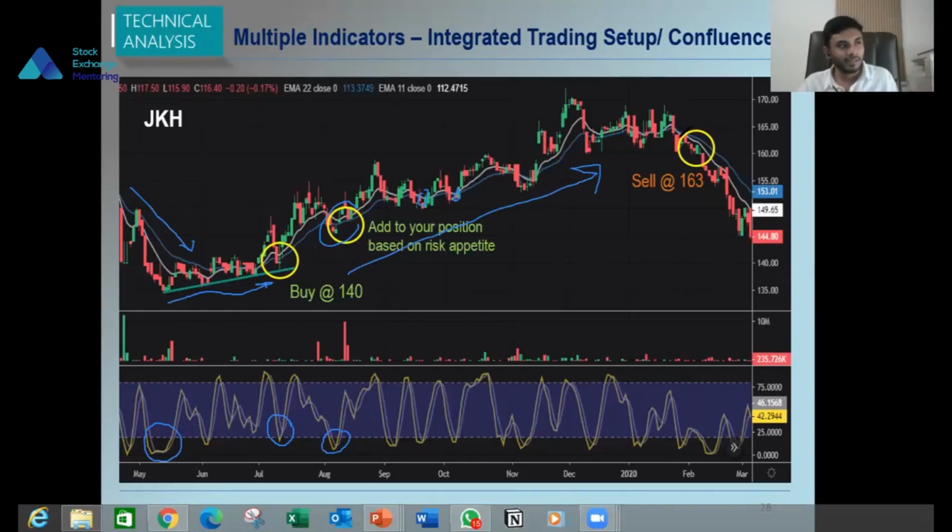And then finally, when our short-term moving average crosses below the long-term moving average and starts a bearish trend, then what happens? Our stochastic indicator is showing oversold, but at that time you are no longer bothered with your stochastic indicator, because your primary trend indicator is currently showing the trend is down. So by now, you can understand how to use this.